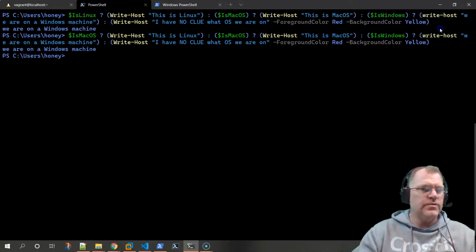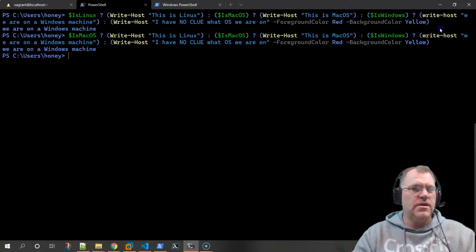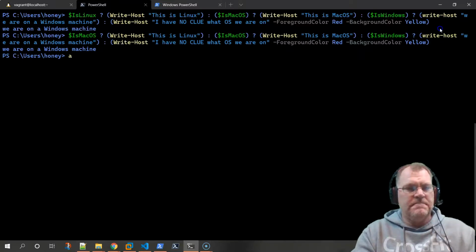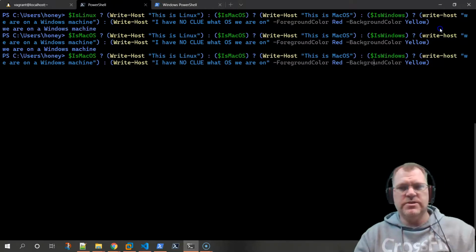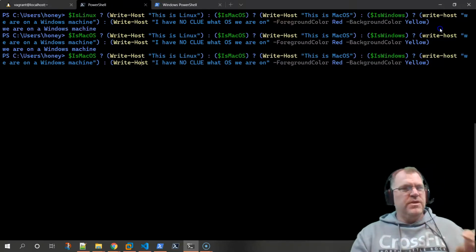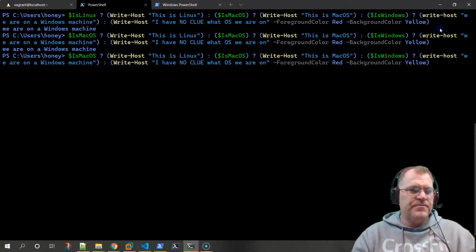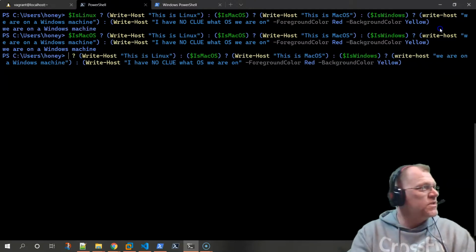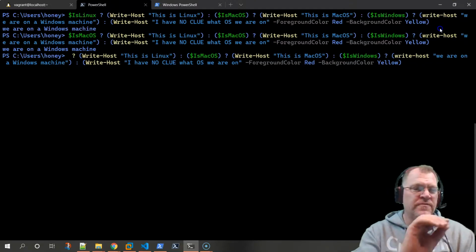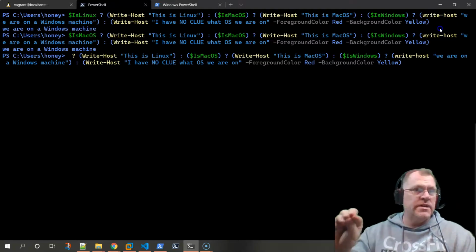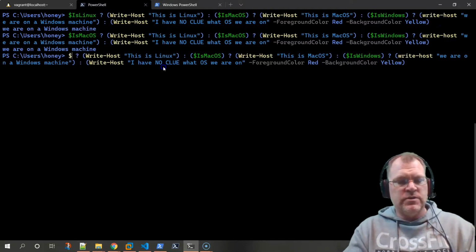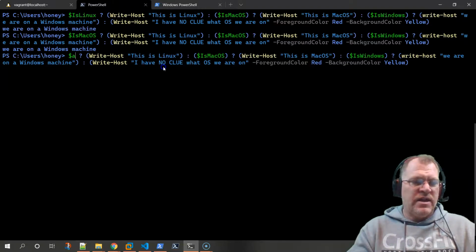It still says we're on a Windows machine. Alright, what if we tested, let's do this. Let's say we were on some sort of other operating system that could run PowerShell. Not 100% sure what that would be, but just to prove that we're going to run that final else statement, this statement right here, we are going to, remember I have a